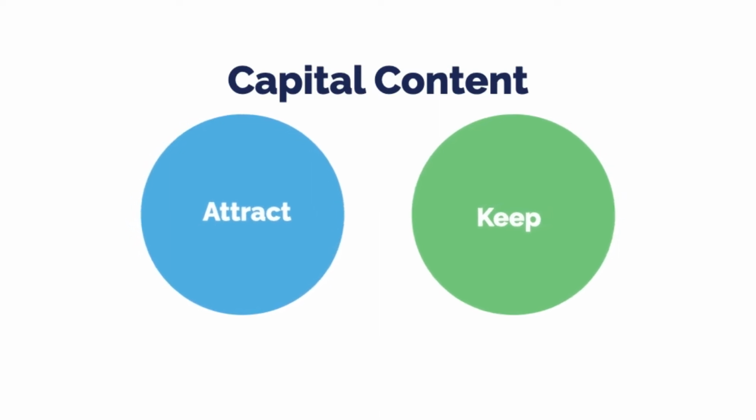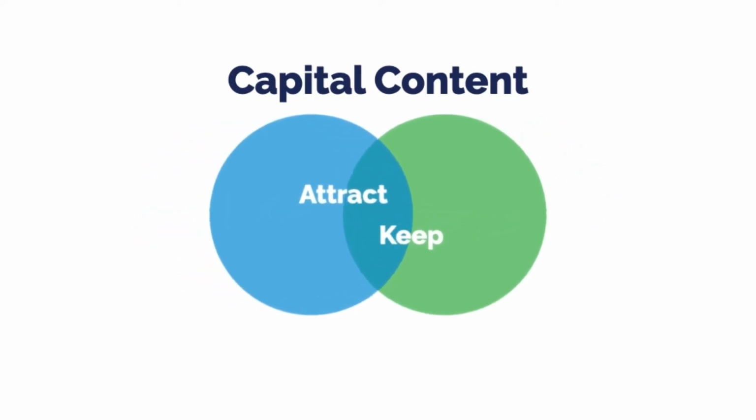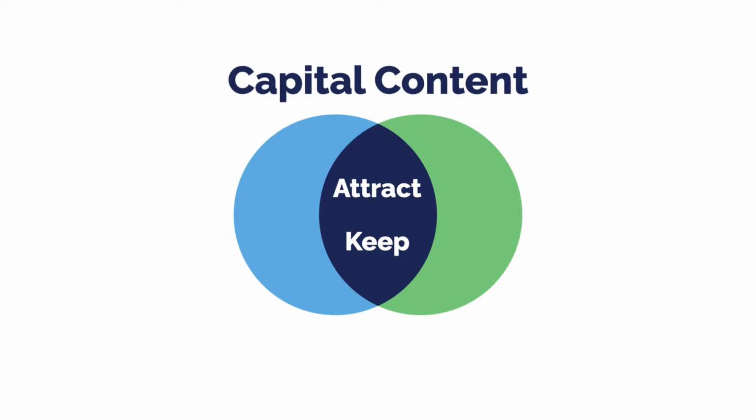And this is the great flaw for most people around their content creation, and in particular their content marketing. They create one set of content to attract new clients and a whole other set to serve their existing clients. That's twice the work. However, there is an easy solution. Merge the two. I've called this your capital content because it's your top or primary content. It's one set of content that attracts new clients and serves your existing clients at the same time.